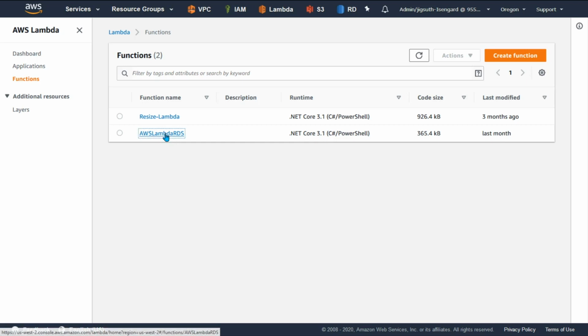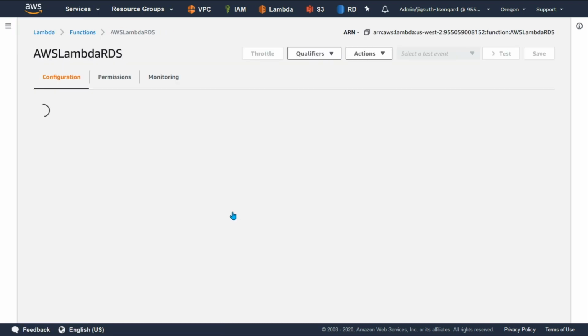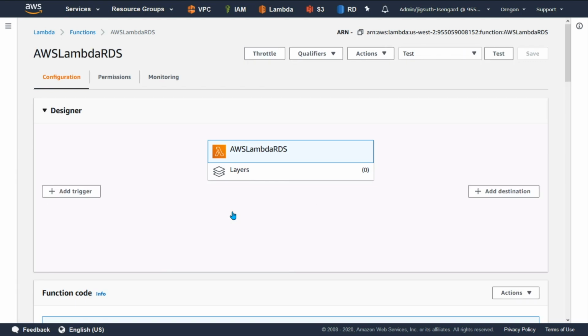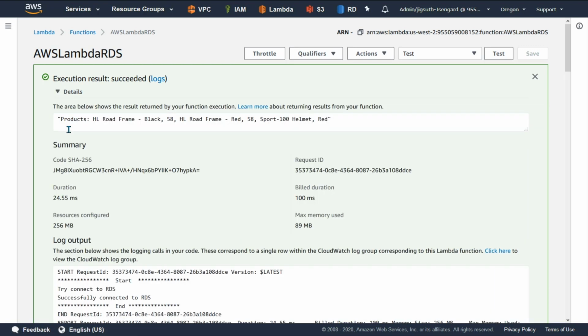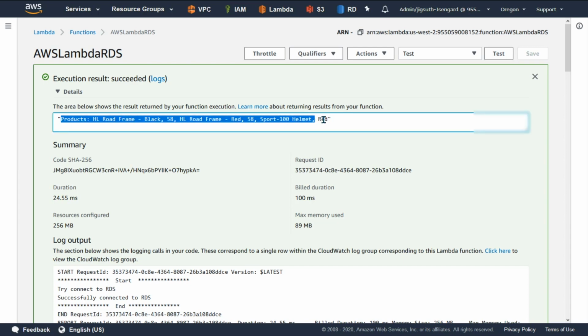Let's go ahead and access it. And the next step is to test it. You can see it is successfully able to connect to SQL Server hosted in RDS, and we got our response back, which is a list of products in a string format.